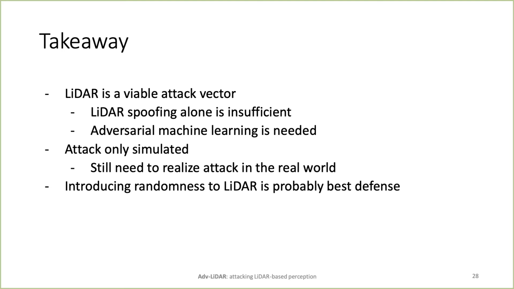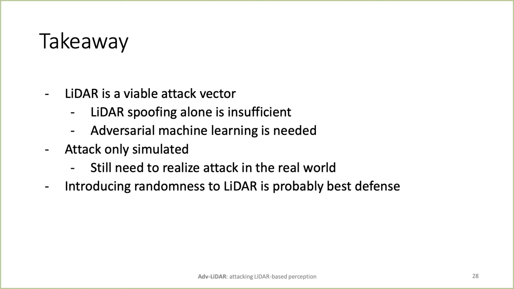Also, although this paper showed these potential attacks, they were only able to prove them in a simulator. There are some real world issues with their attack model that would make it more challenging. So probably more work needs to be done to see if you could actually actualize these attacks on an actual vehicle. And they came up with some potential defenses, but